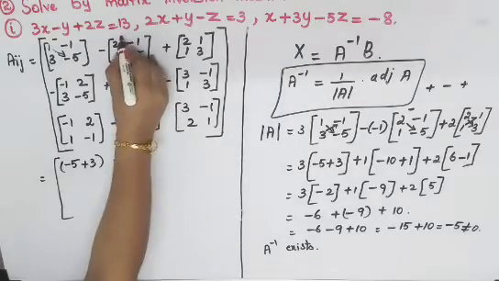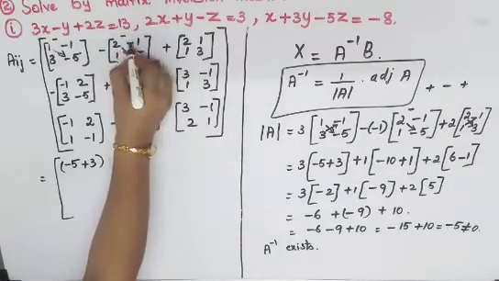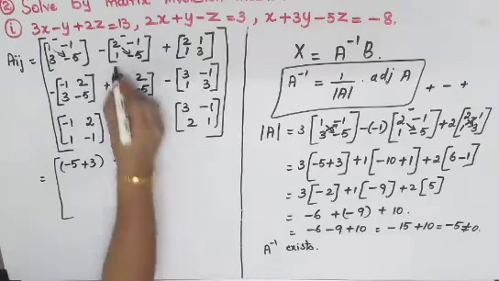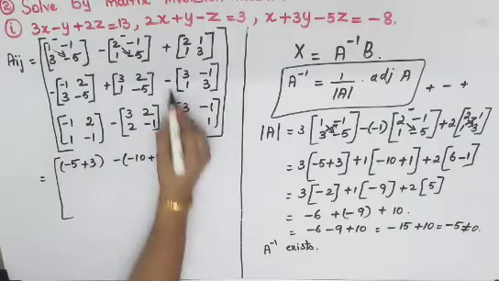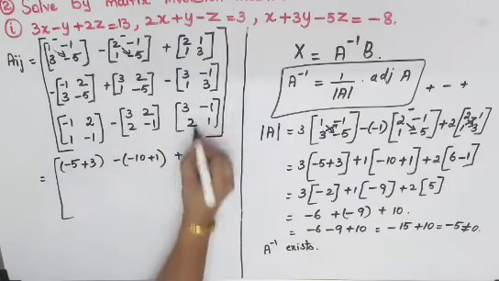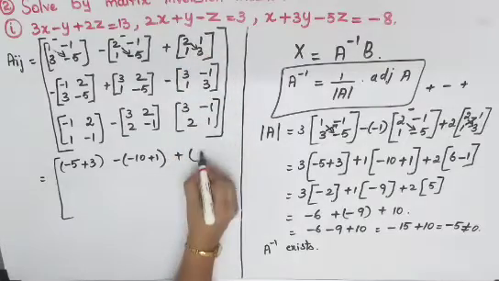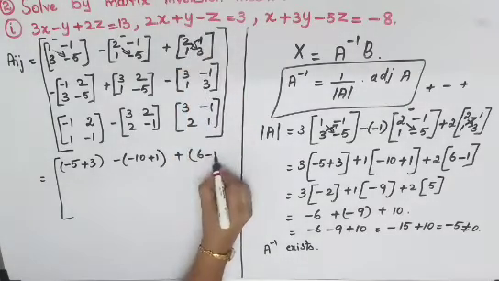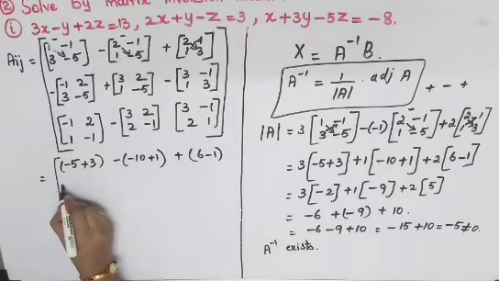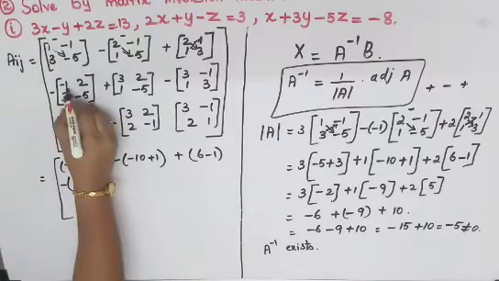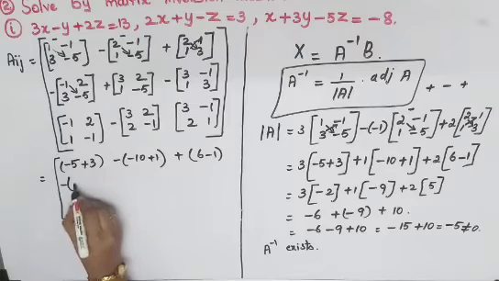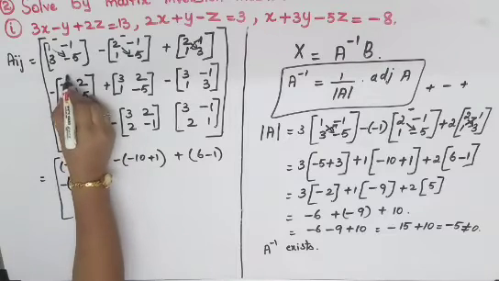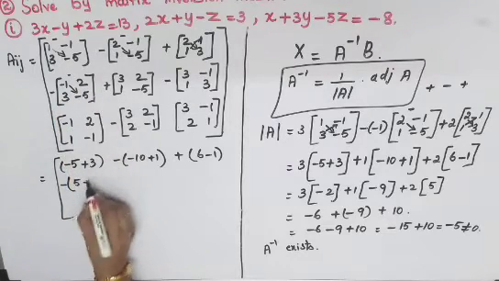Same way minus is there, so I'll put minus, and minus and minus will become plus. 1 ones are 1. Then plus, open your bracket. 3 twos are 6, minus from the format, 1 ones are 1. Second row, minus is there outside. Open your bracket. Minus 1 minus 5 will become plus 5. Minus from the format, so minus 3 twos are 6.